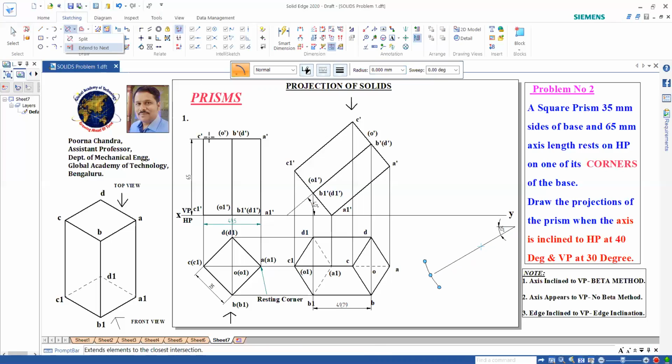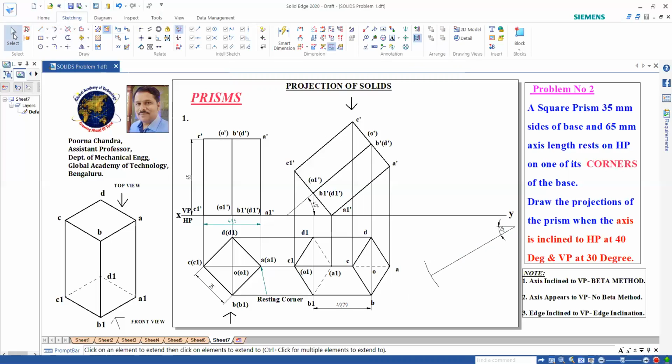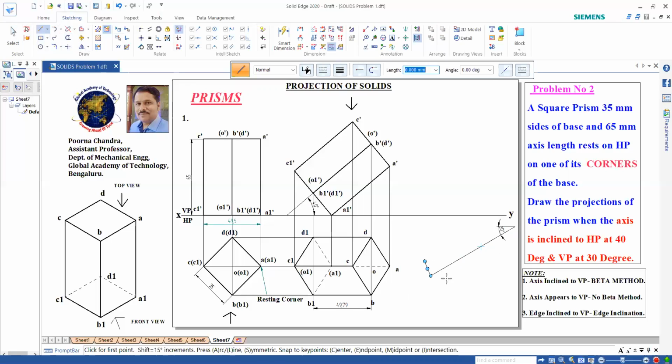I can extend this line that much. Now we shall trim one of the ends, to make our job simple. Then I will select the line option and draw one line parallel to the XY line.